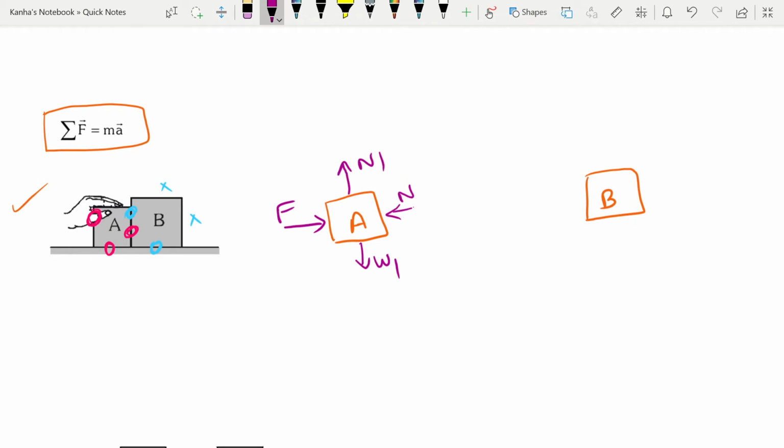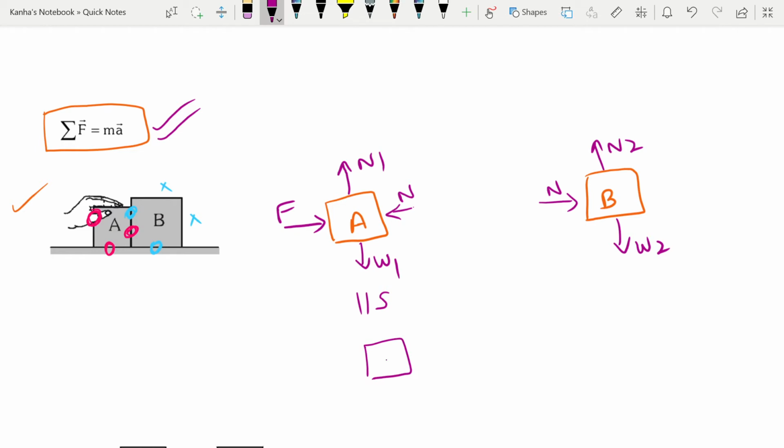For B, there is a contact force from the left side, I'll call it N, because this is equal and opposite. These ends are equal and opposite by Newton's third law of motion. And then I have contact with the floor, so I'll have some N2 and then a net weight. Now what this equation tells me is that this motion is similar to